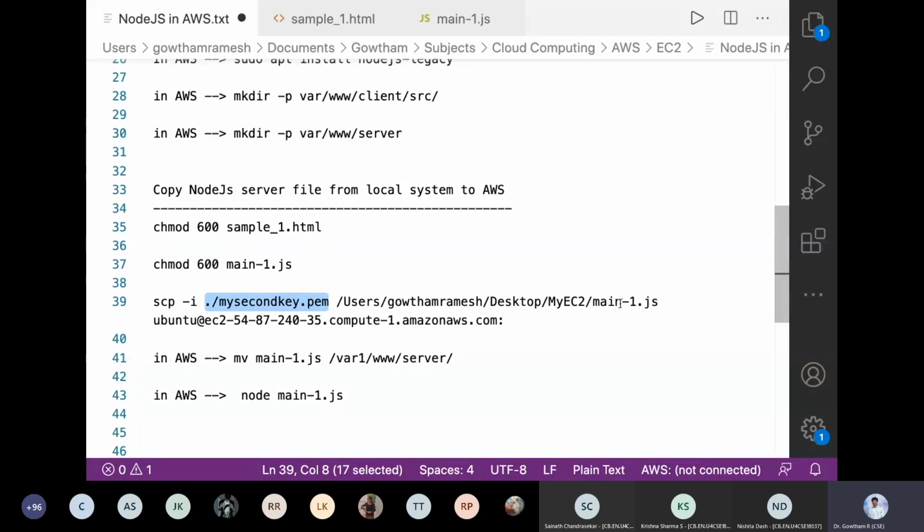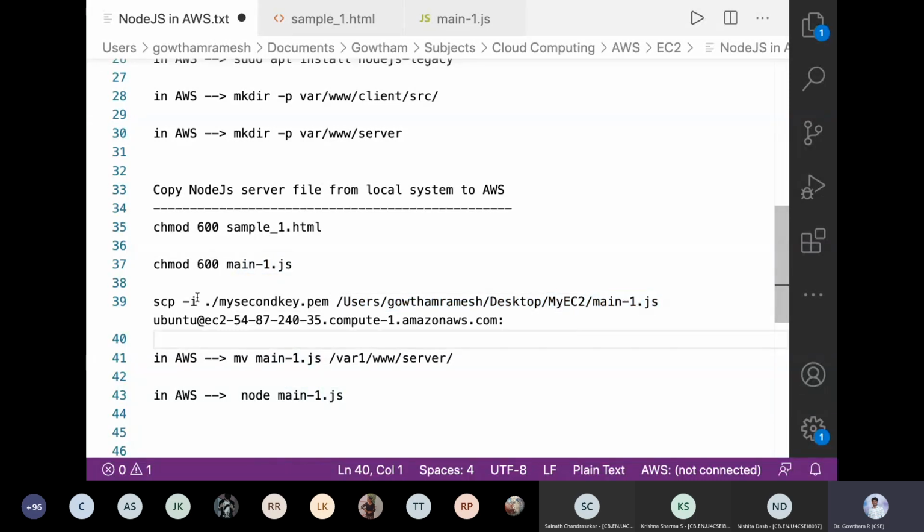And this is the location of the main file. This location I did not change. In your case, if you have it in a different location, you are supposed to give the appropriate path name where you have that main file.js. If you keep everything in the same directory, this path is not required. You can simply specify /main1.js. That is more than sufficient.